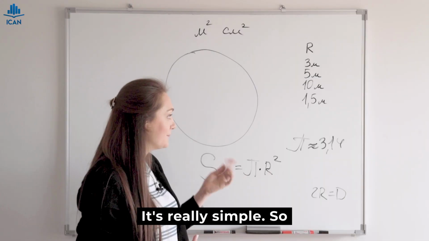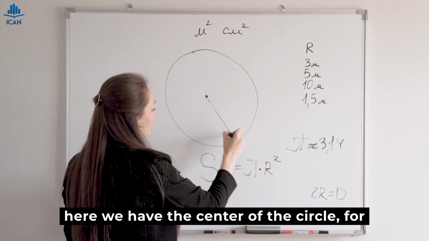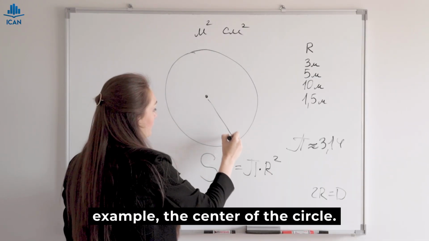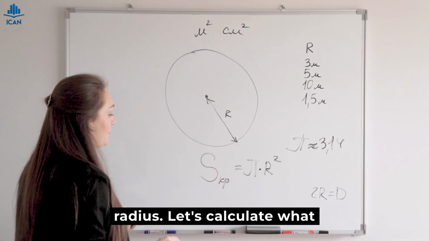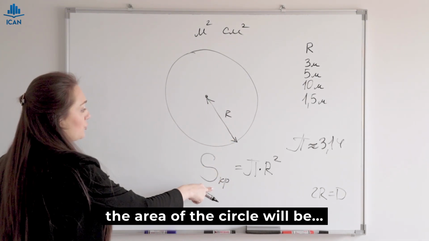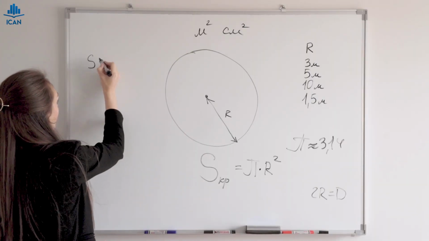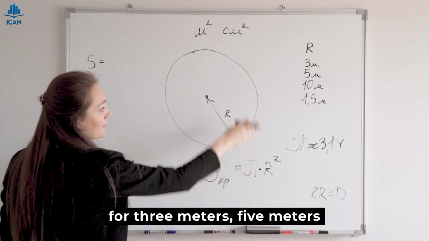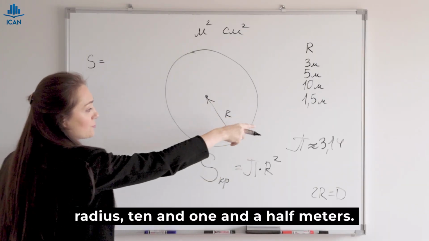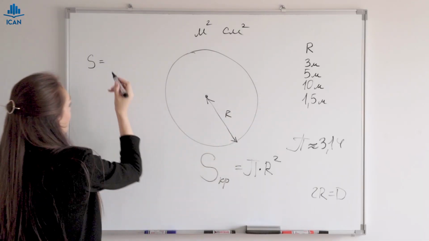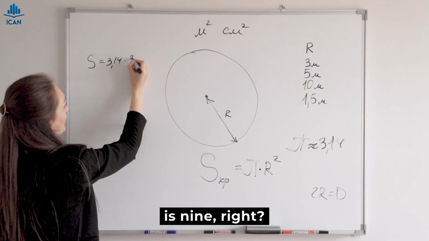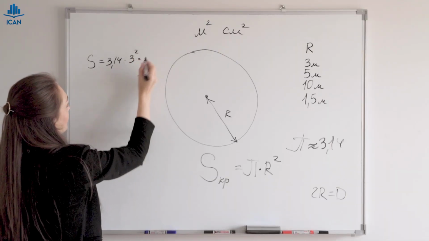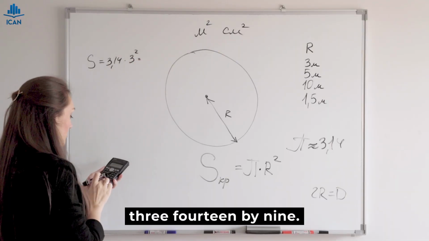It's really simple. So here we have the center of the circle, and from here to here is the radius. Let's calculate what the area of the circle will be. For 3 meters, 5 meters radius, and 1.5 meters. For example, 3.14 times 3 squared is 9, right? So we multiply 3.14 by 9,